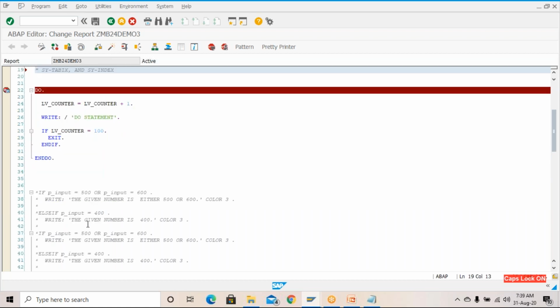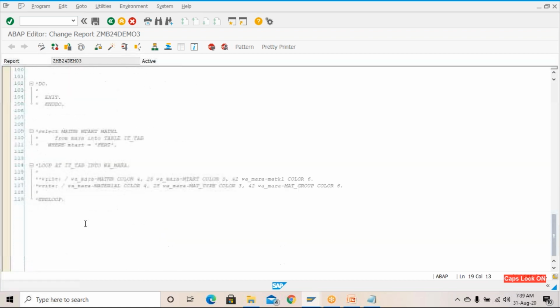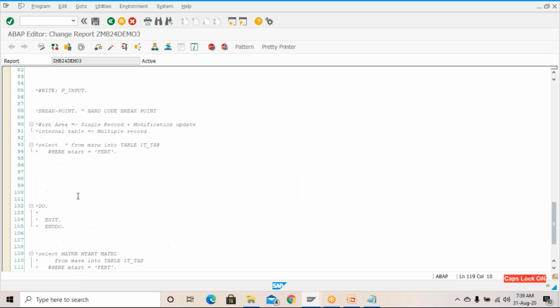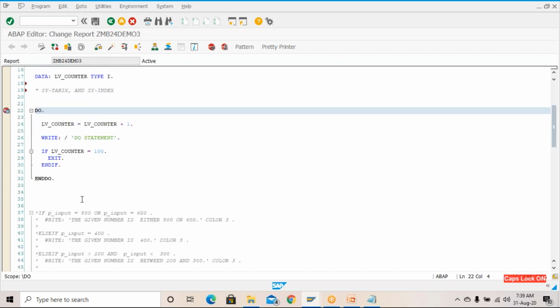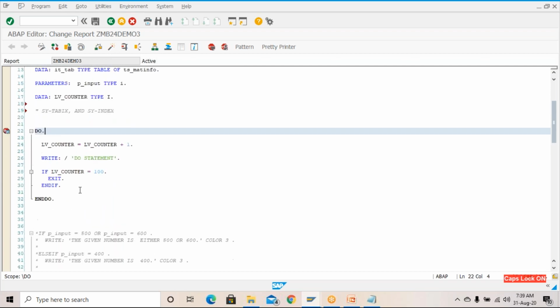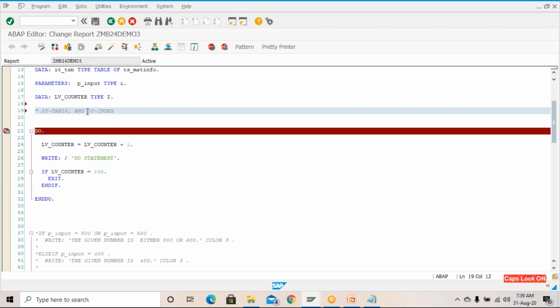loop. This loop is there, no? This loop here, it will be more significant. We will see that one. Both we'll try to understand one by one. First, let's understand sy-index. So whenever sy-index comes into the picture,